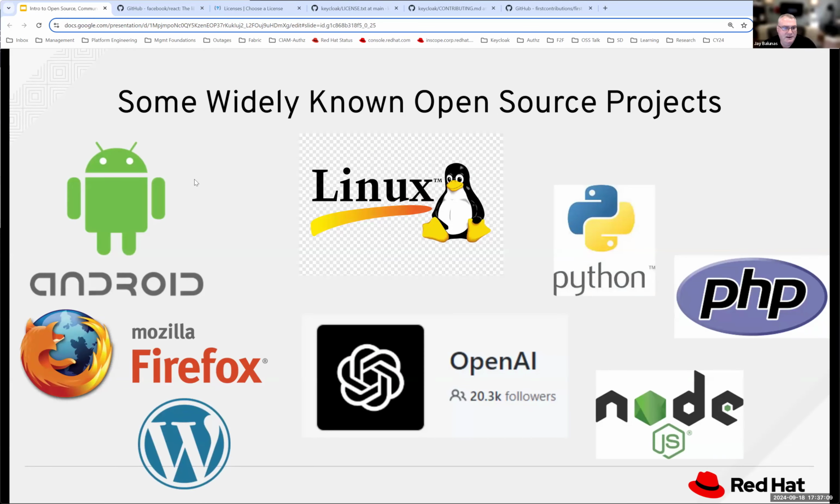what Red Hat is most known for early on, one of the first companies that became commercially successful selling free software. We can get into that a little later as well if you want. There are open source languages, Python, PHP, Node.js, all the way to browsers like Mozilla Firefox. So if you don't like Chrome or you don't like Edge, you can use Firefox. And even ChatGPT, everyone's probably heard of that at this point, is actually based on an open source project called OpenAI. And that's also the company behind it, OpenAI, that you might have heard a lot of before as well.